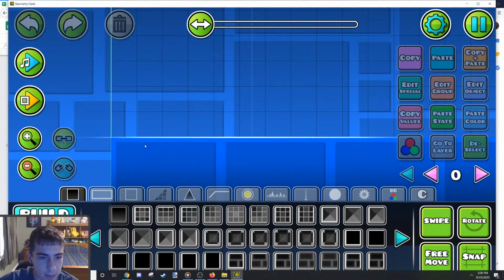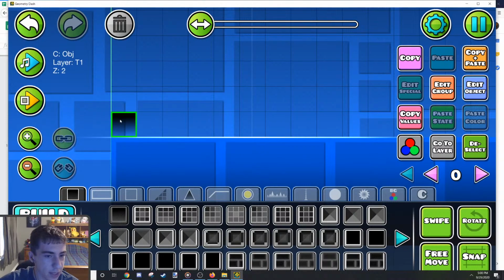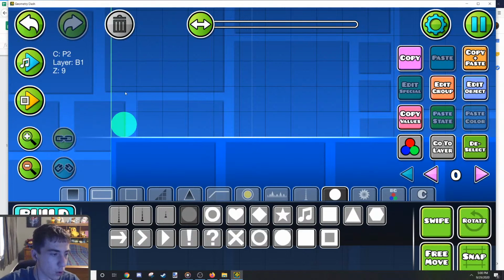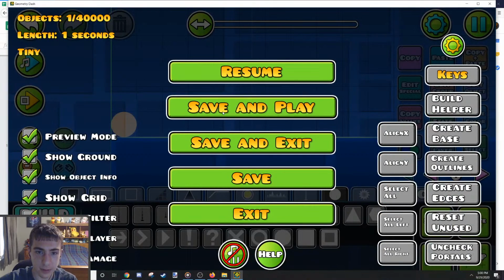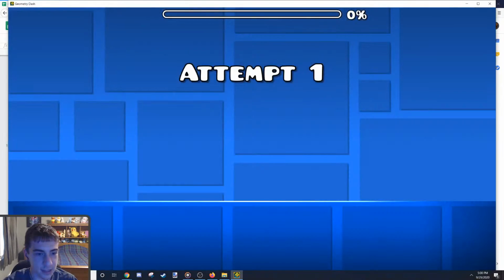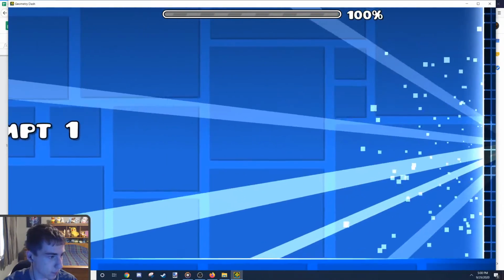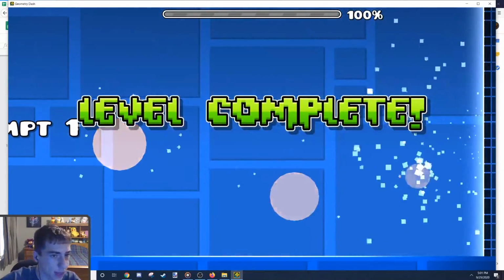So what I'm going to do is place a block right here. Actually, no, I can't use that block. This is going to be the only object in the entire level. I want to place this. And then,